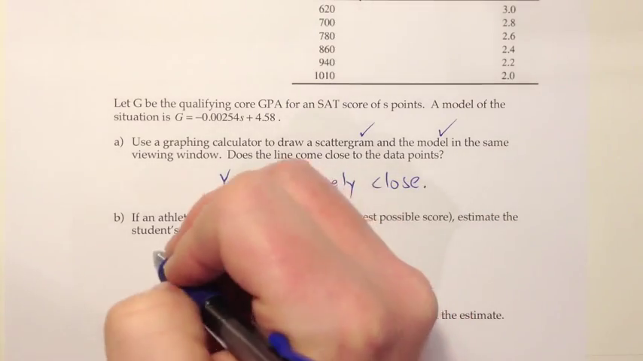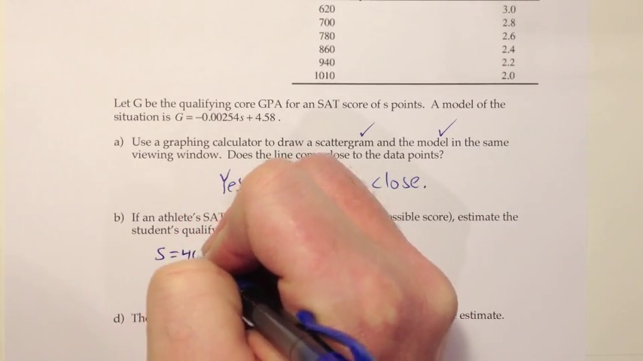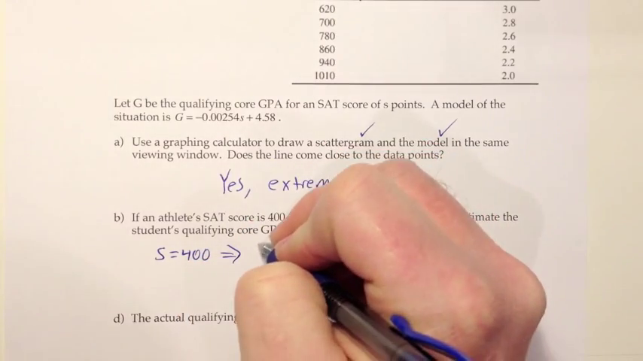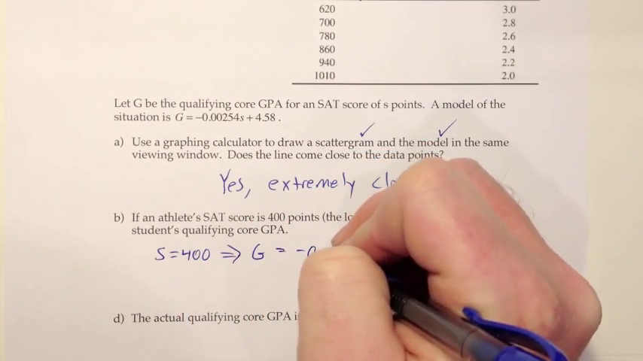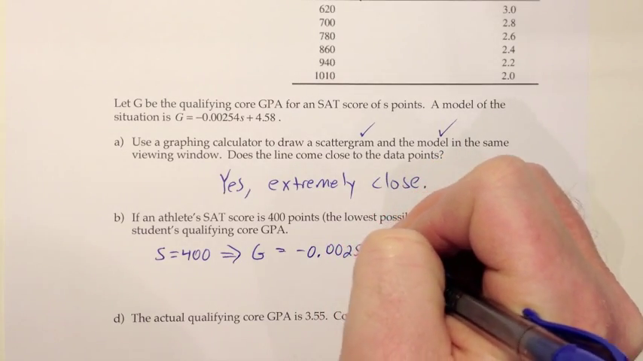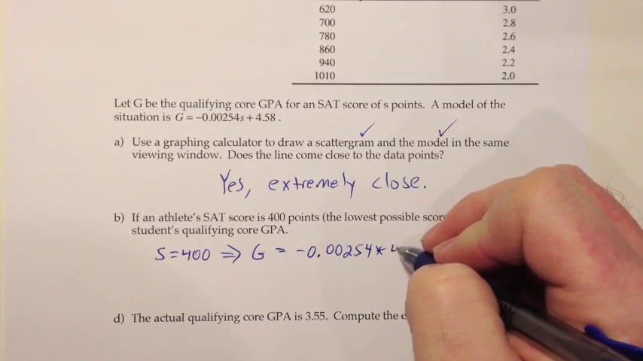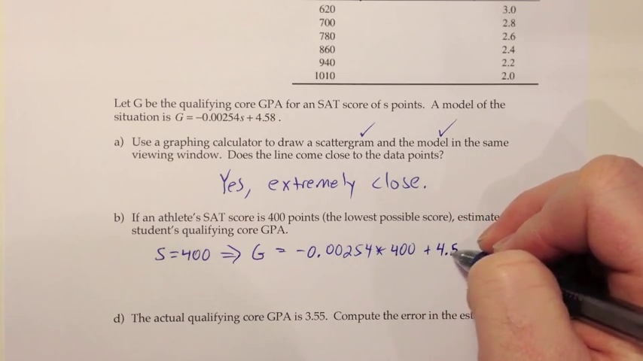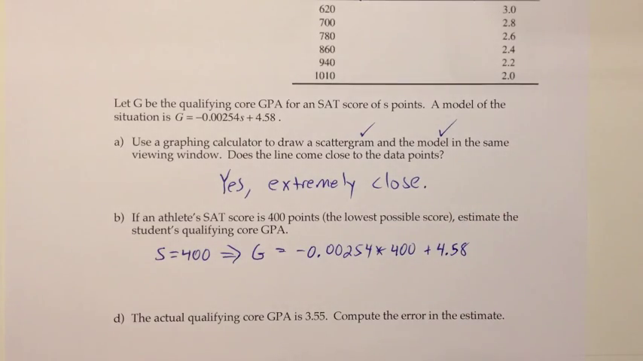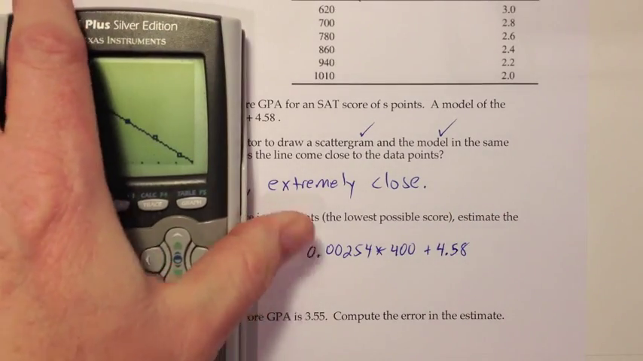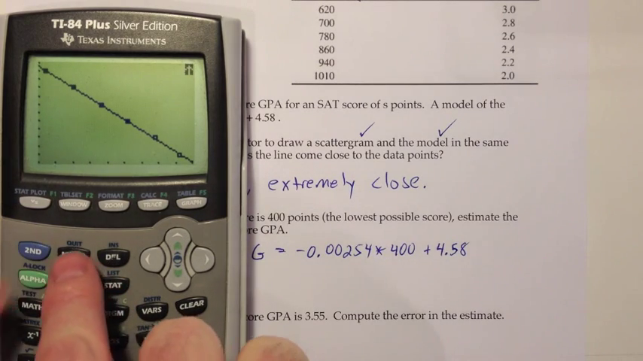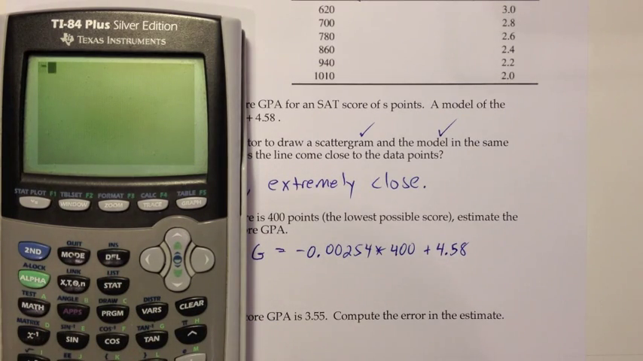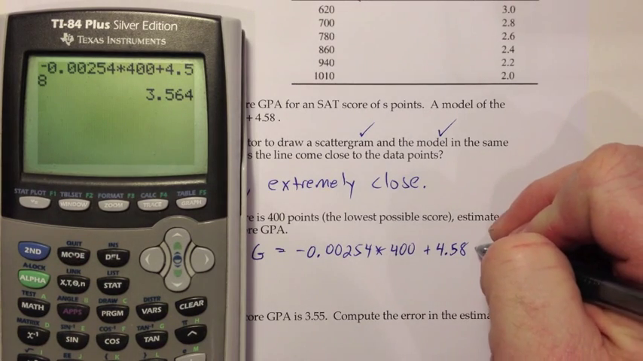So when they give us the 400, they're giving us a value of s. So s is 400. So g is equal to negative 0.00254 times, instead of s, we would put 400, and then plus 4.58. You could do the pieces by hand, but it is kind of messy, so I'm going to go ahead and switch over to the calculator. I'll hit second and quit to get back to the normal screen. And negative 0.00254 times 400 plus 4.58. So I get